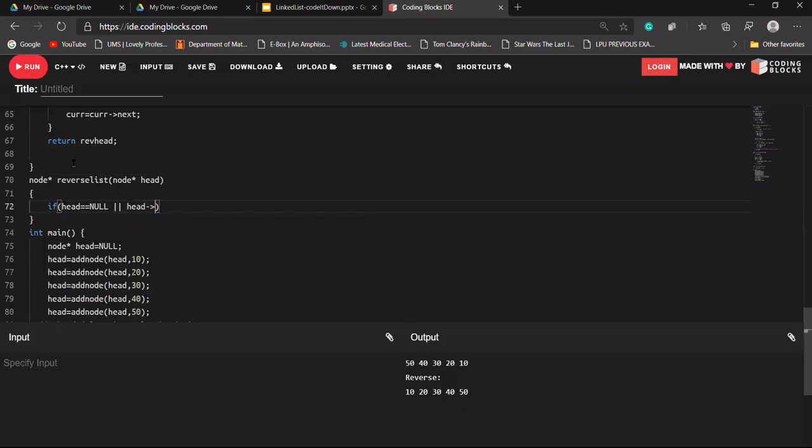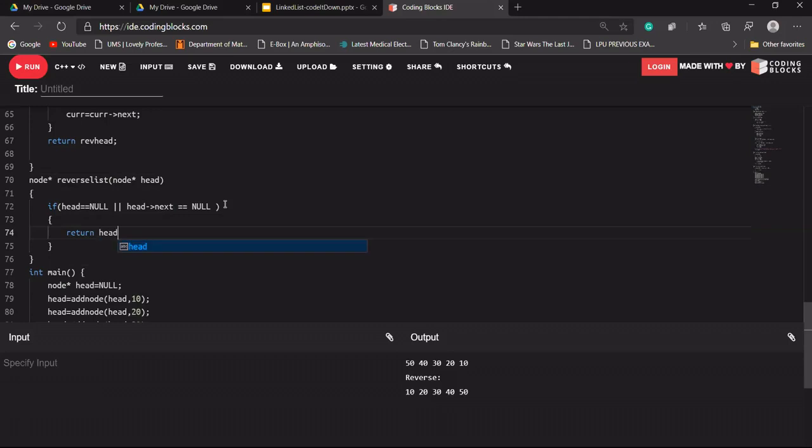If head's next is equal to null, that means there is only one node present in our linked list. So in this case, we should return that head only. If head is null, it should return null. If its next is null, it should return that head node only, because we don't need to change anything. We have to make changes in our given linked list this time, and we don't need to create another linked list. Is that fine with everyone?